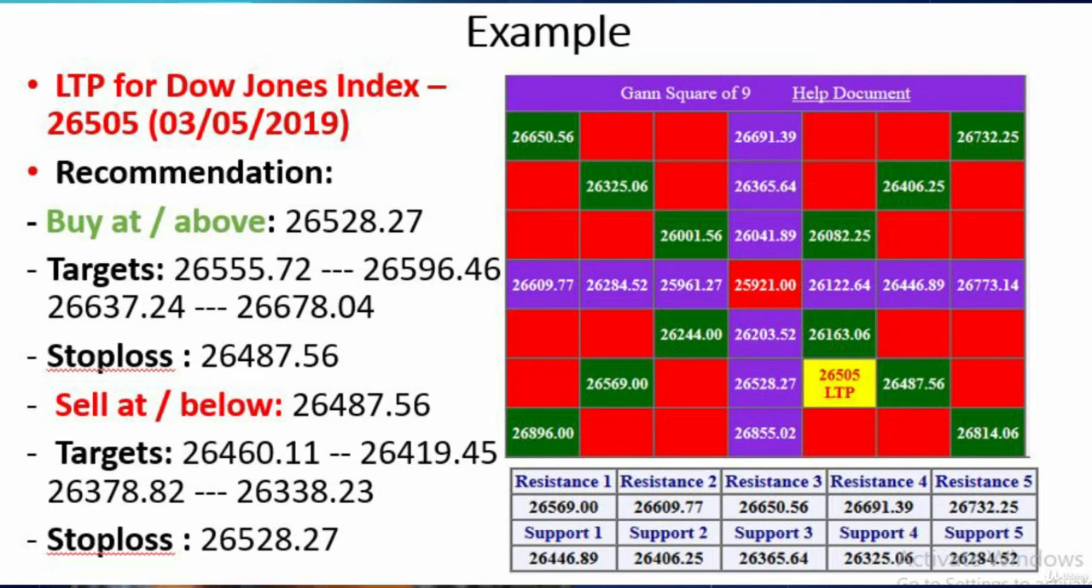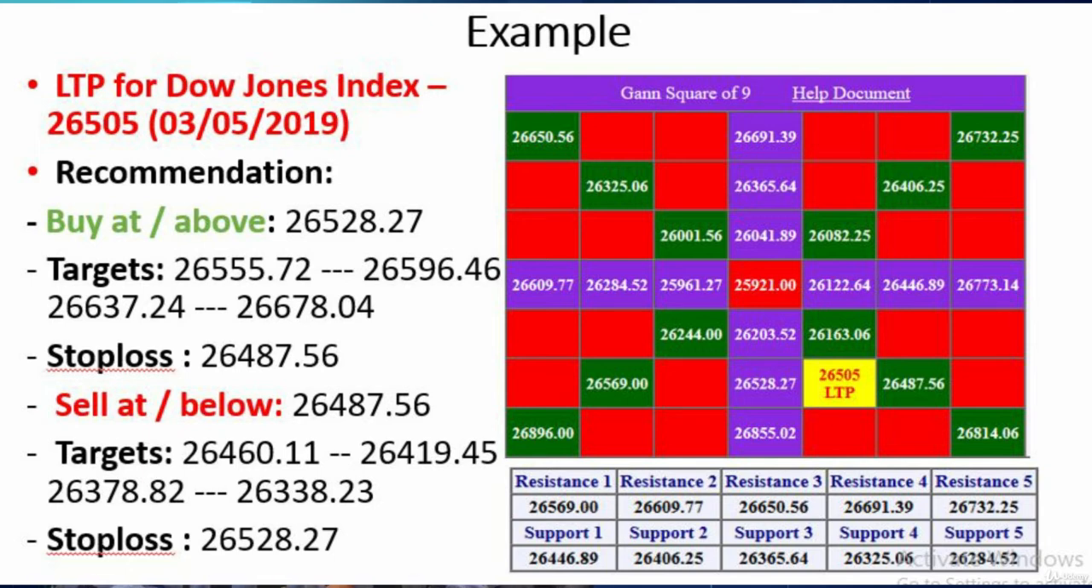26,505. Now buy above the next hurdle, which is 26,528. If the price opens and maintains above 26,528, then we have to buy and get targets in a clockwise direction. The targets are 26,555, 26,596 and 26,637, and the stop loss is just the previous support to the current price, that is